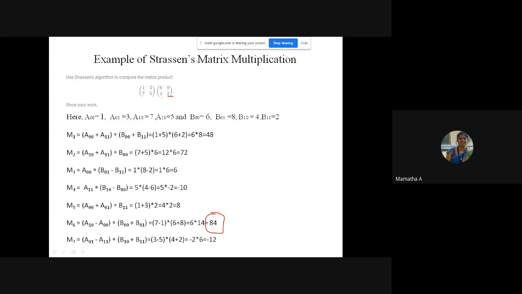Okay. How about the second element? Second element, that is first row, second element. M3 plus M5, ma'am. Very good. Second row, first element. M2 plus M4, ma'am. Similarly, the fourth element, there's some formula. And directly you should not compute and put it. You should first write Strassen's matrix multiplication. What does it tell? Then do it.